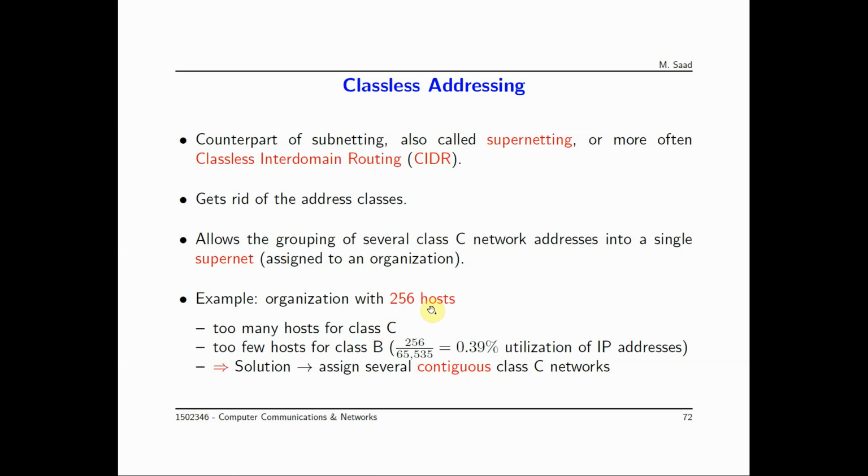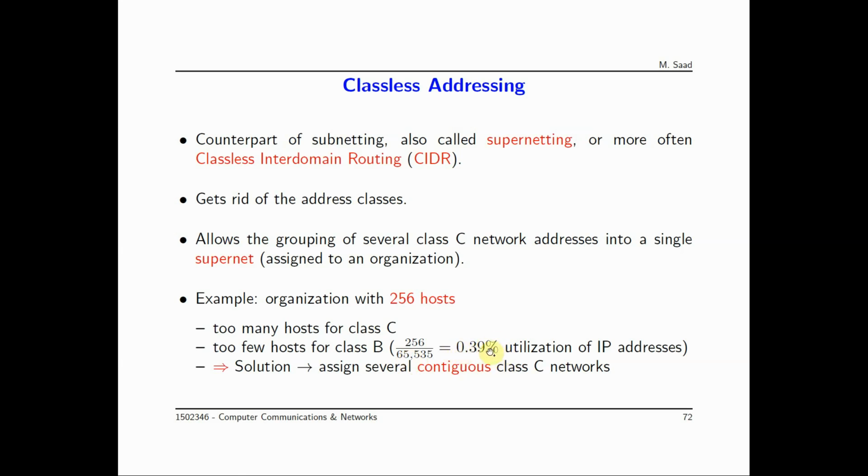with 256 actual hosts. But Class B can give us more than 65,000 and something hosts. So if I use Class B, which gives me a total of 65,000 addresses, the Class B network ID will give me a total of 65,000 IP addresses, and even more, 65,500 and something, right? Now I'm using only 256 of them. So let's divide to get the efficiency, the utilization of the available address space. 256 divided by 65,000 is about 0.39%,